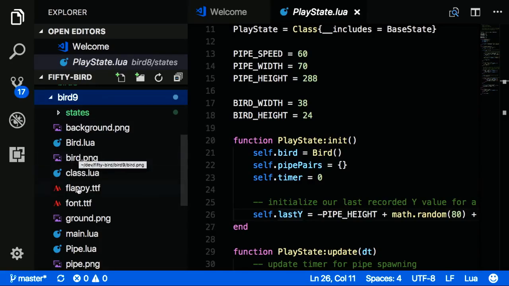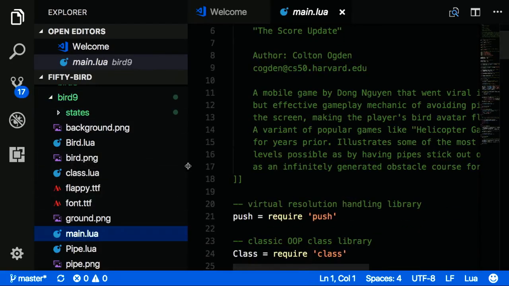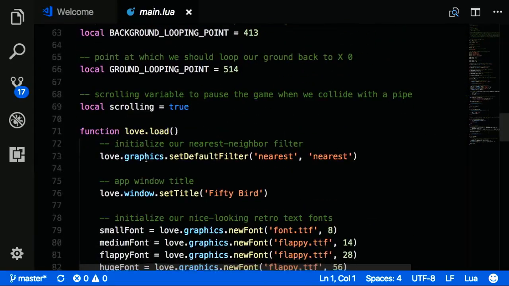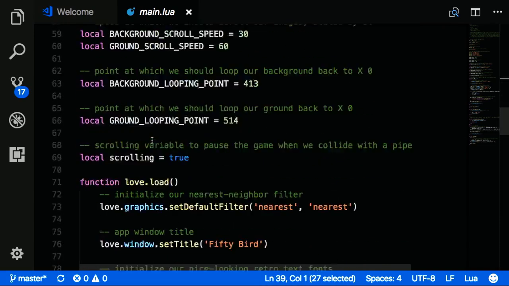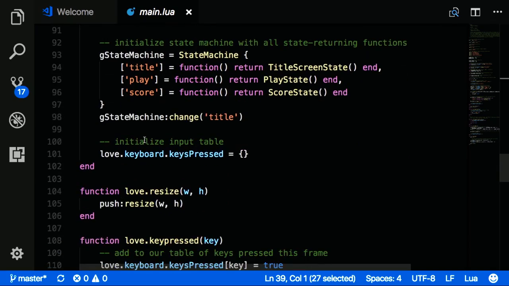So notice that in main, down where we define our state machine, we're going to go ahead and also note that we require a new score state, because now we want to display a score screen. Down on line 96, score gets a function where we return a score state object. So now we can change to score, and it'll return that state, and we can define all the behavior within score state that we need